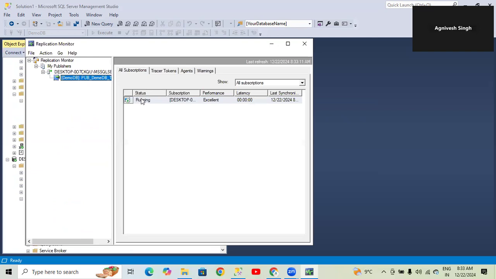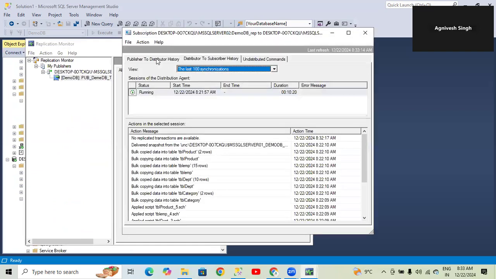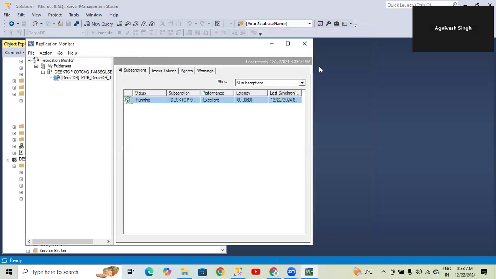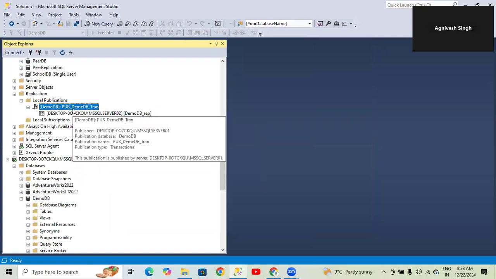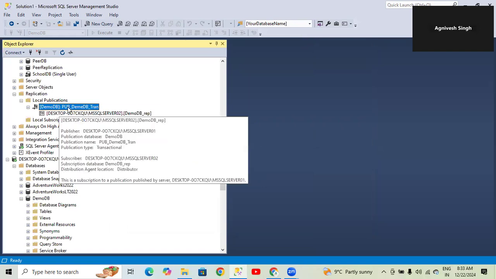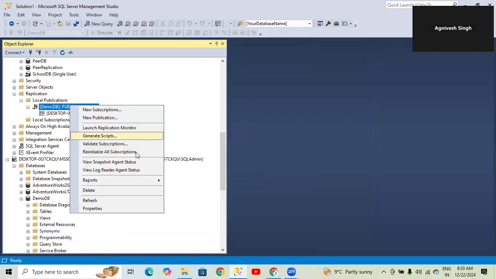Okay, and if you double click, you get to know each and every point is running fine, and here the uncommitted undistributed command count is 0. It means everything is replicated. So it means whatever additional article you added is not participating. So you have to right click once again and click on view snapshot agent,